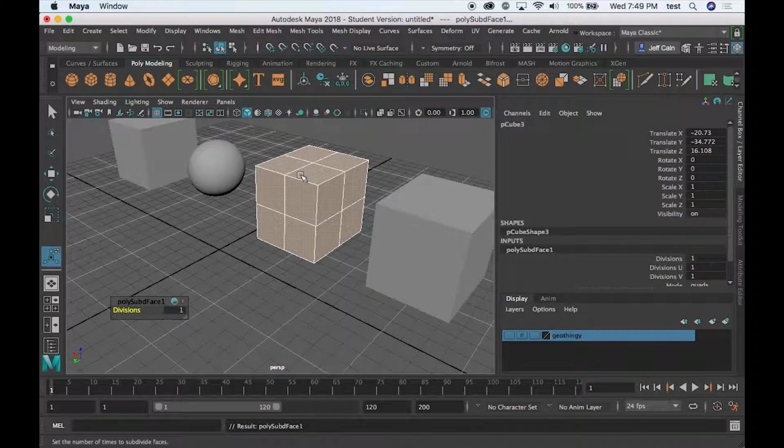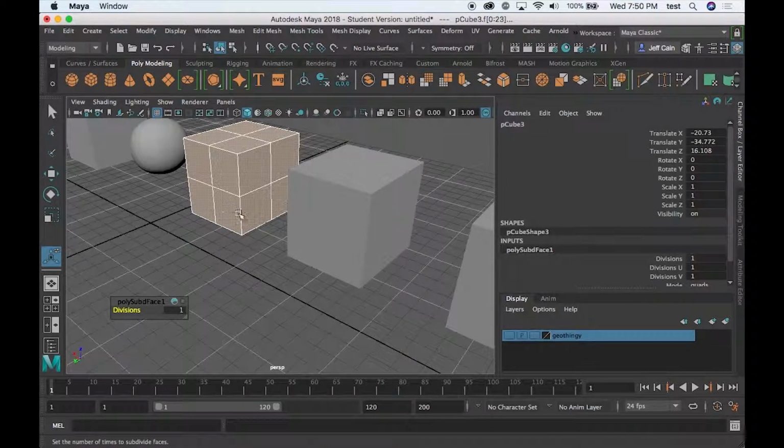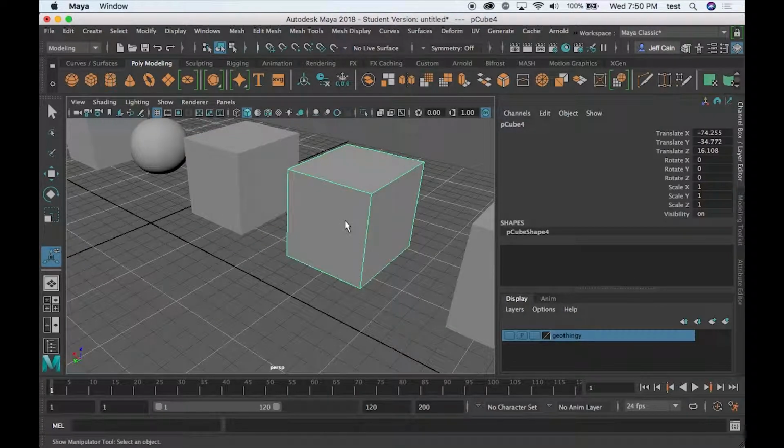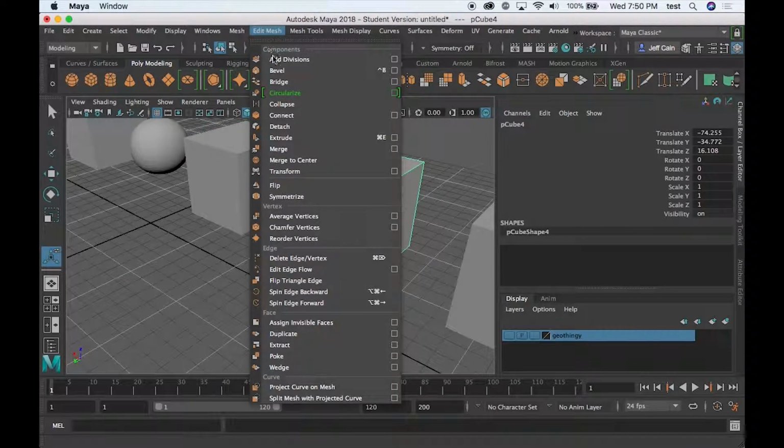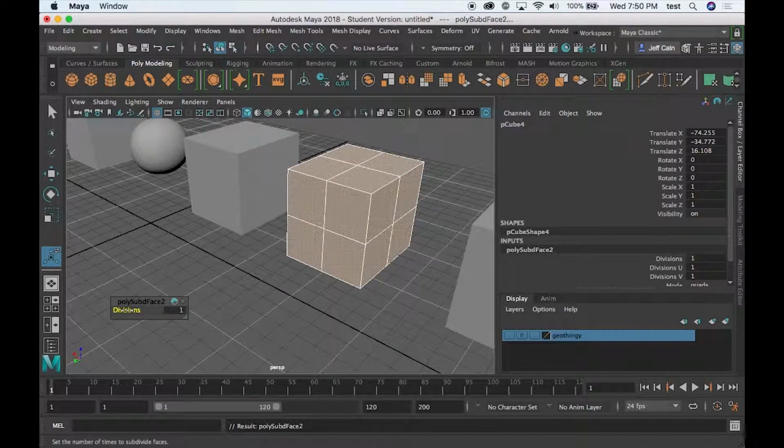Add Divisions will divide it into four, so there's one division, dividing it by a meter of 1, and then 2, and then 3. Now this can get fractally and really complex very quick. So I'm just going to take a moment, and I'm going to do Add Divisions of 1 on this cube. I'm going to select this cube, Add Divisions of 2,